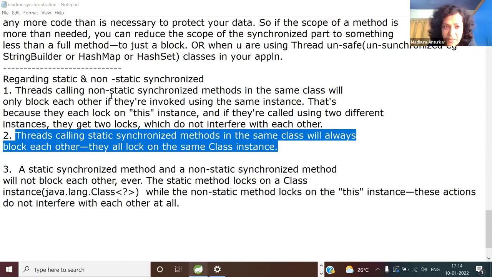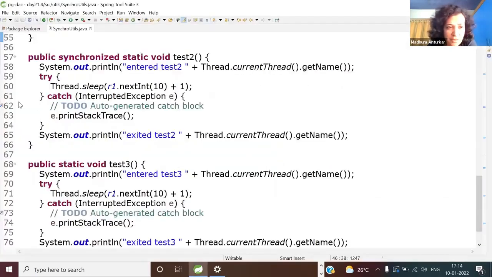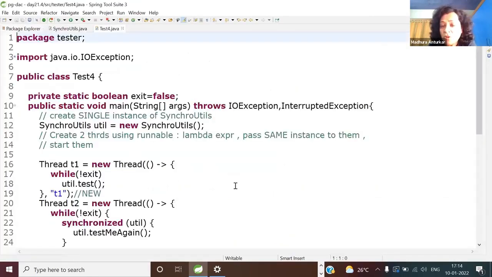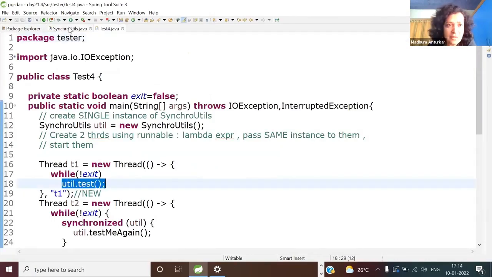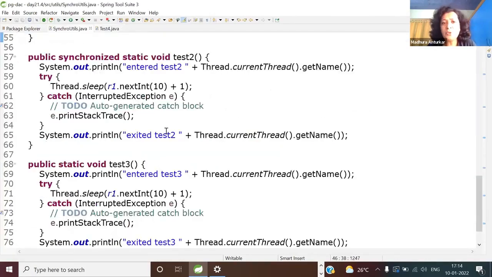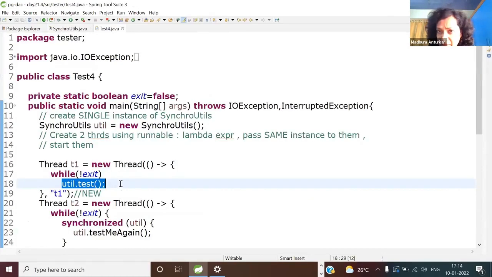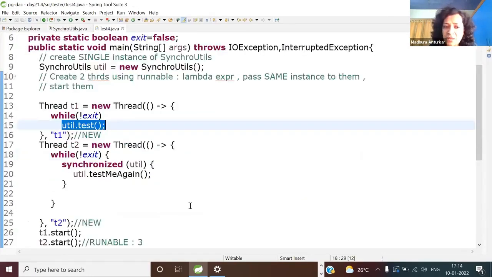Just make a copy. We have written so many testers. So copy test4 into test5. When you make that copy, let the first thread call synchroutils.test1, a static synchronized method.